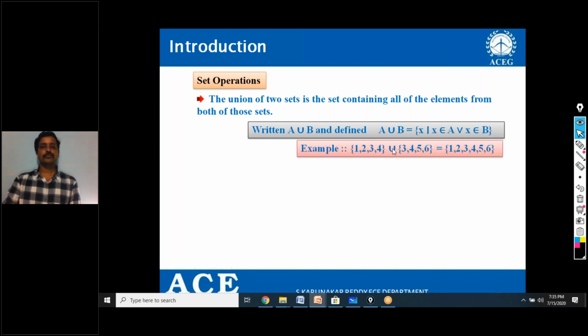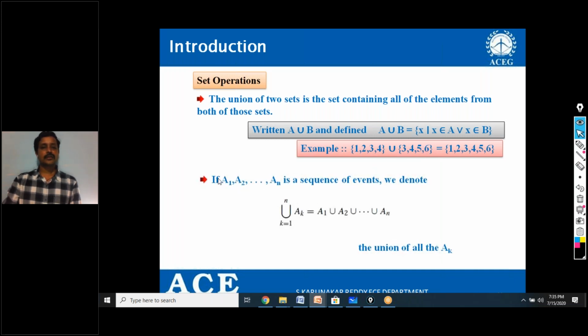Example: {1, 2, 3, 4} union {3, 4, 5, 6} will give {1, 2, 3, 4, 5, 6}. Since 3 and 4 are repeated, we write them only once. If we have n number of sets, we represent the union operation as the union over k equals 1 to n of Ak, where k is varying from 1 to n, and between all these sets the operation is union. The union of all is given as